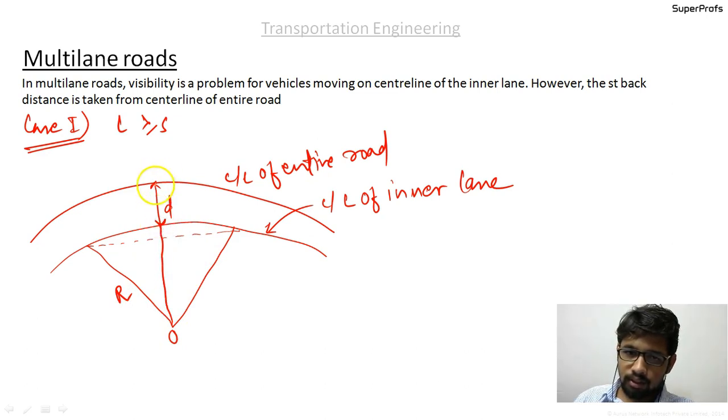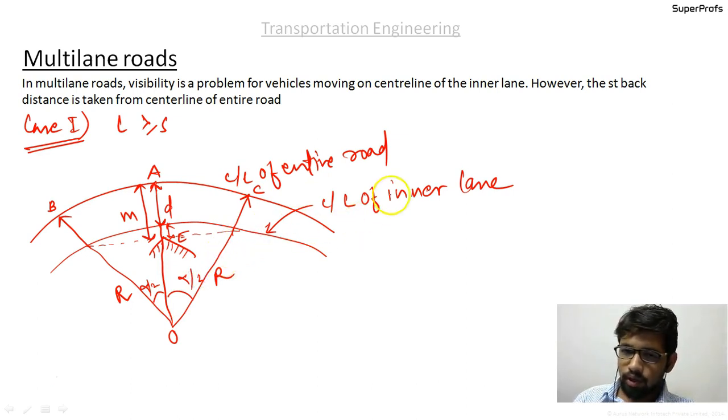Remaining all other things remain the same, that is this is R, and this one is the S. The radius R will be considered up to the center line of the entire road. So this is B, this is A, here is point C, and this is the building. This is point E. So this is the setback distance M, which consists of this small d and this additional distance. This is radius R, this is alpha by 2 over here, and again alpha by 2.